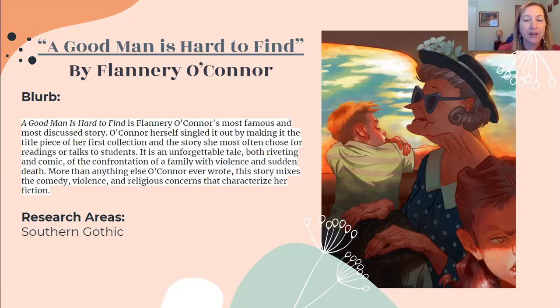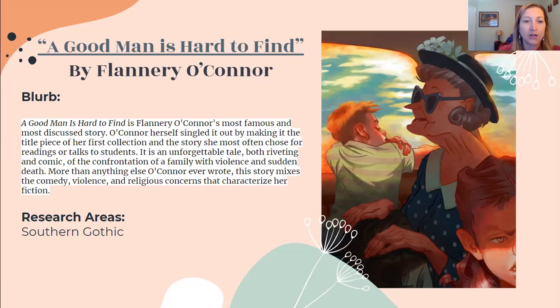inspired by these stories. So the first story is called A Good Man is Hard to Find by Flannery O'Connor. She is considered a Southern Gothic writer, similar in style and subject matter to William Faulkner, who wrote A Rose for Emily. And so in this story, a family takes a road trip, and you can see here in this picture the grandmother with the 2 grandchildren. And along the way, they encounter a frightening character named the